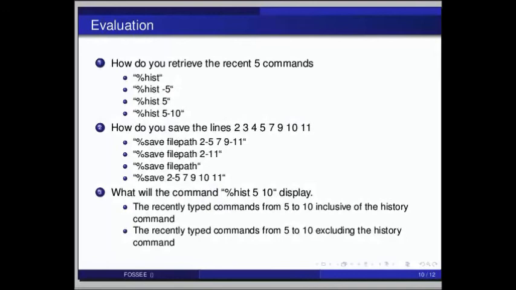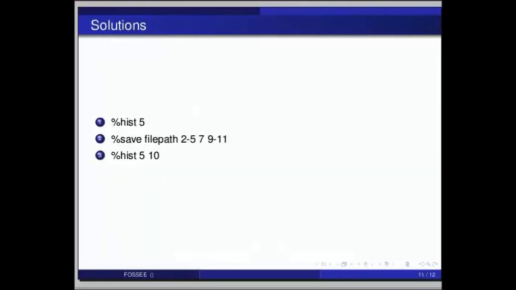And the options are %save file path 2-5 7 9-11, then %save file path 2-11, then %save file path, then after that %save 2-5, then 7, 9, 10, 11. And the final question is, what will the command %hist 5 space 10 display? The recently typed commands from 5 to 10 inclusive of the history command, or recently typed commands from 5 to 10 excluding the history command.